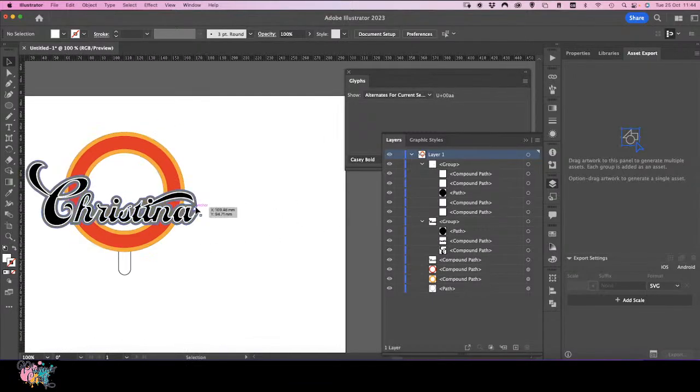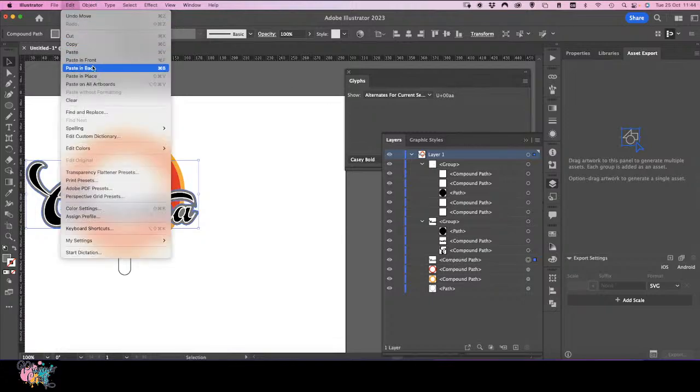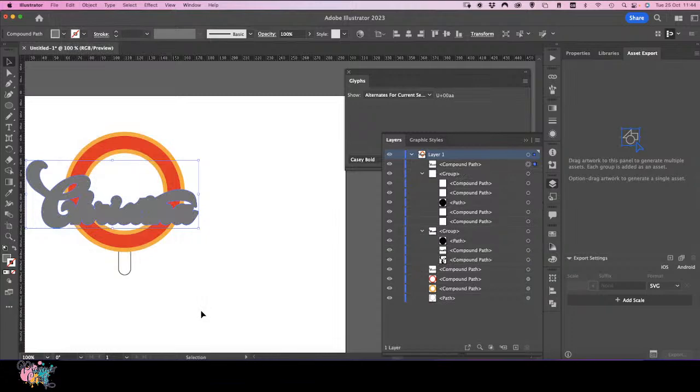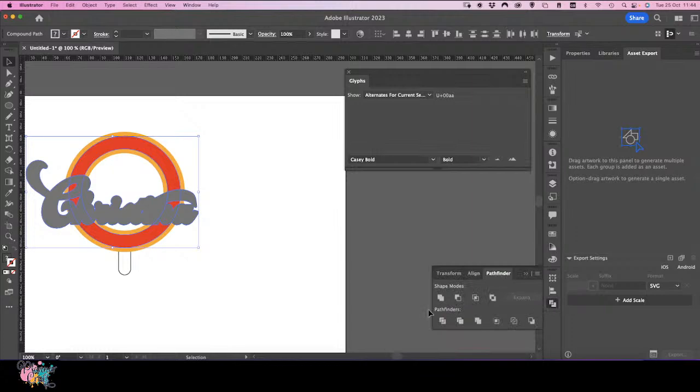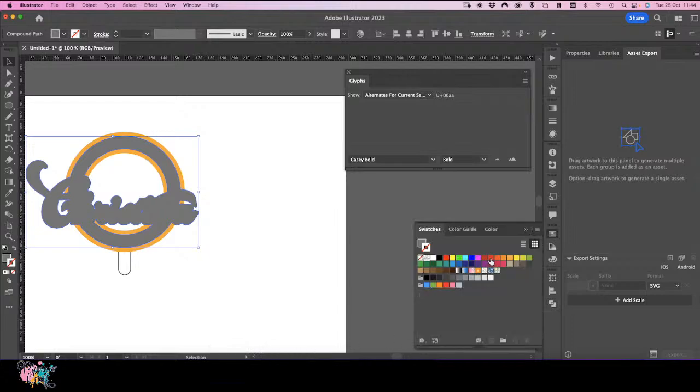Now, with that back grey layer, so this one here, we're going to want to do a copy and paste in place. Okay, it's going to bring it to the front, or Command J on Affinity. I'm going to press and hold Shift and select that red layer, and we are going to go to our Pathfinder and we're going to weld like so. Now because it's changed our colour, I'm just going to pop it back in red,